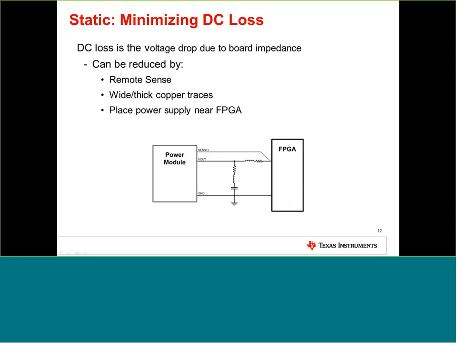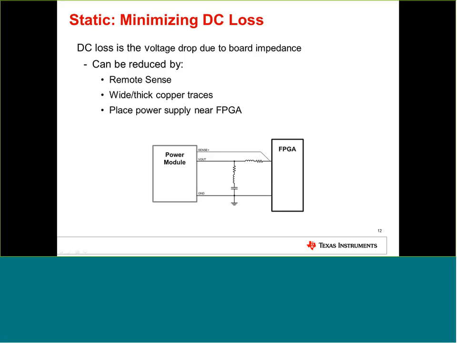So looking forward, what else do we have in the static behavior? For the DC behavior, we have some influence of the DC loss. Not from the DC-DC converter and FPGA, it's more the wires and the PCB itself. There are 3 different options. One thing is that some of our DC-DC converters have sensing pins where you can directly sense the voltage at the FPGA input. Due to this, you have a better regulation, of course, and you have exactly the right voltage at the FPGA